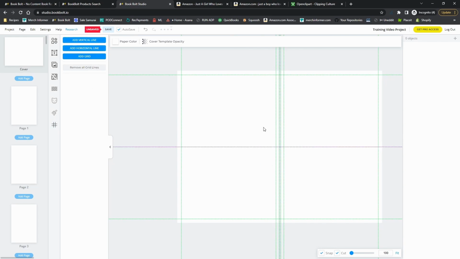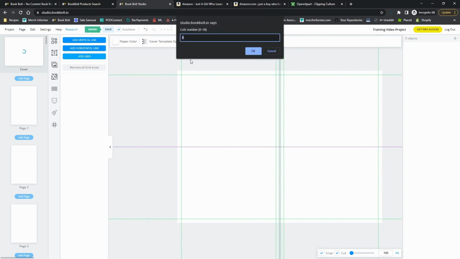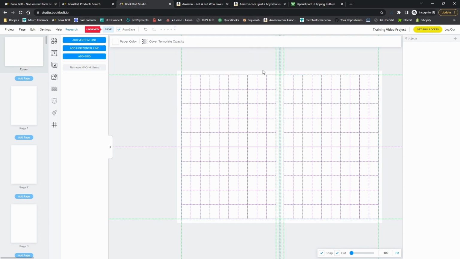Okay, so we've set that up, but I'm also going to add a grid over the top of it. I'm just going to put 10 for the columns, 10 for the rows, and that is going to place in the actual template these grid lines to help me align everything when I am building out my product. Okay, so we have that good to go, and now the next step is we need to select a background